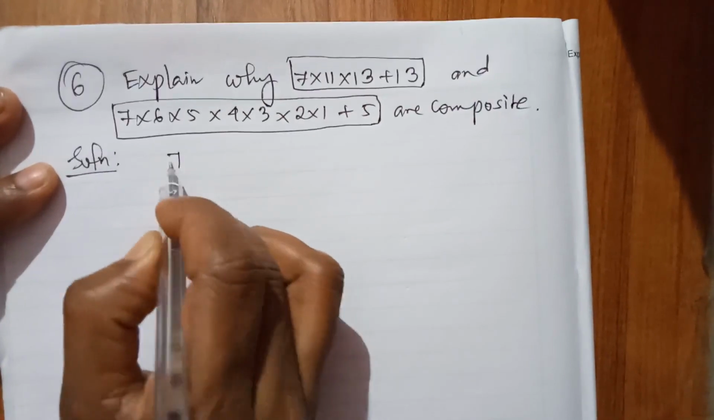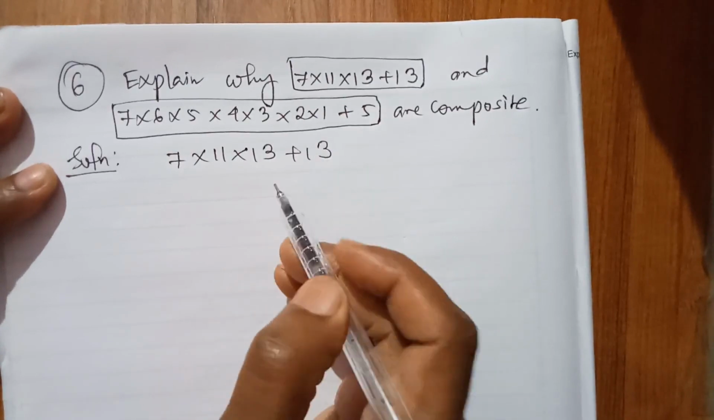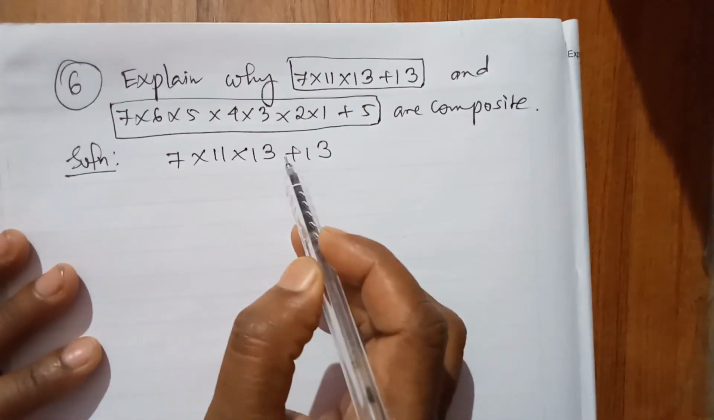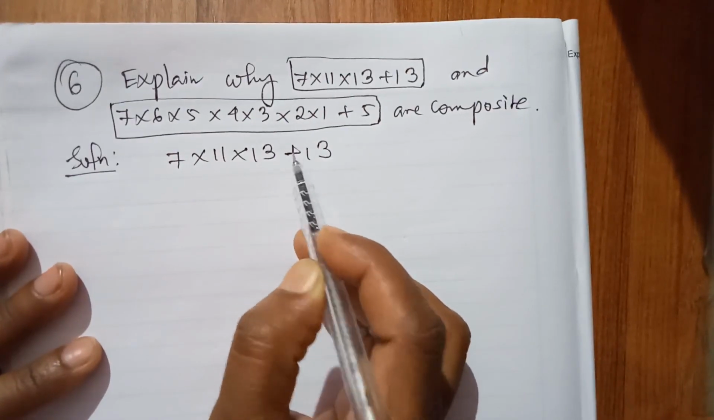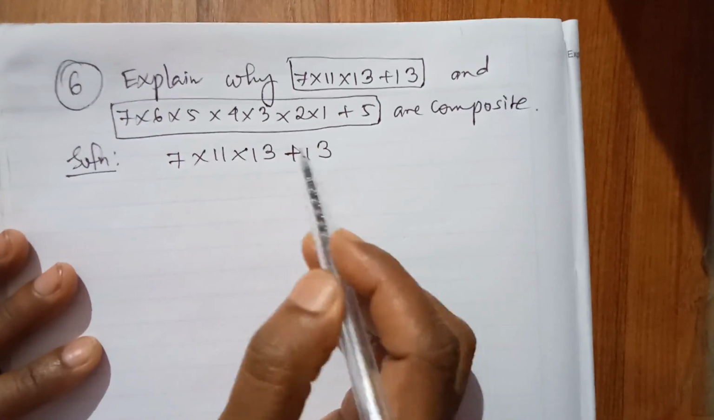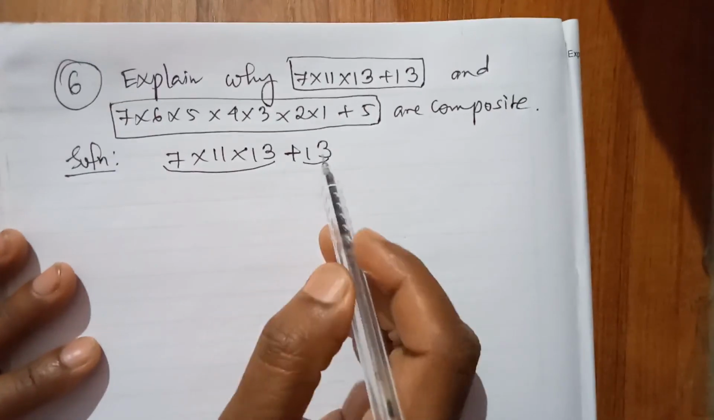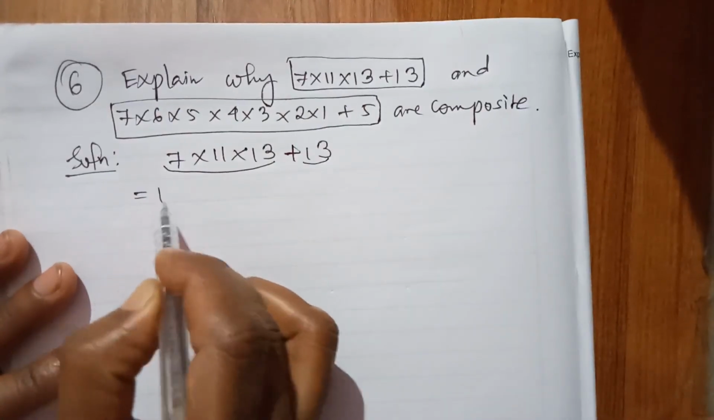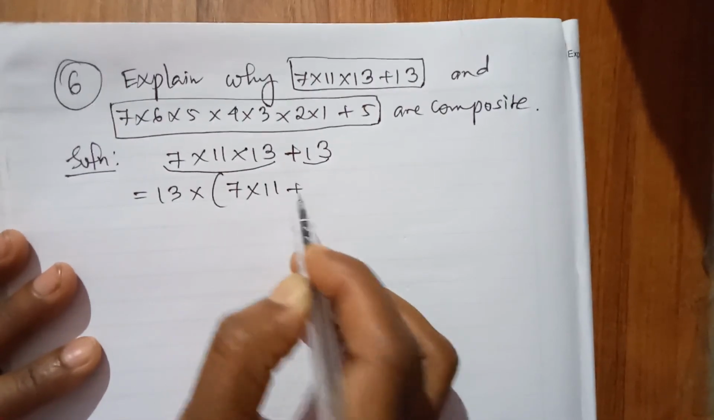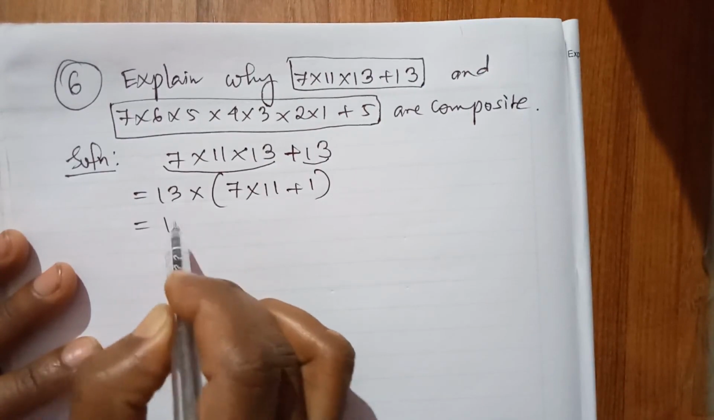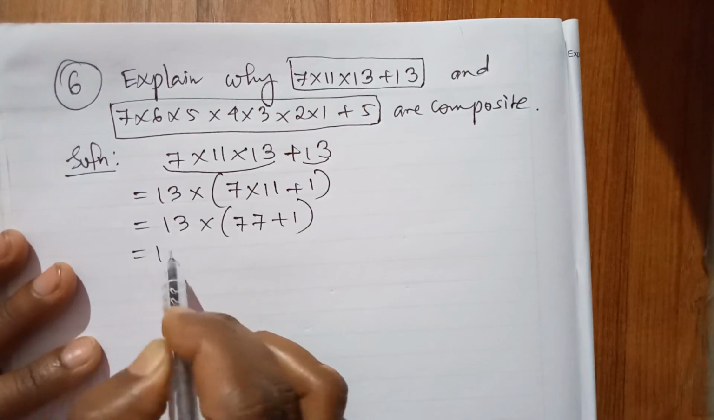Solution. First you write 7 into 11 into 13 plus 13. Now in this expression there is a plus sign, so this plus sign separates the whole expression into two parts. So this is one part, that is another part. From both the parts you can take 13 common. Take 13 common, then inside the bracket it will be 7 into 11 plus 1. So 13 into (77 plus 1)